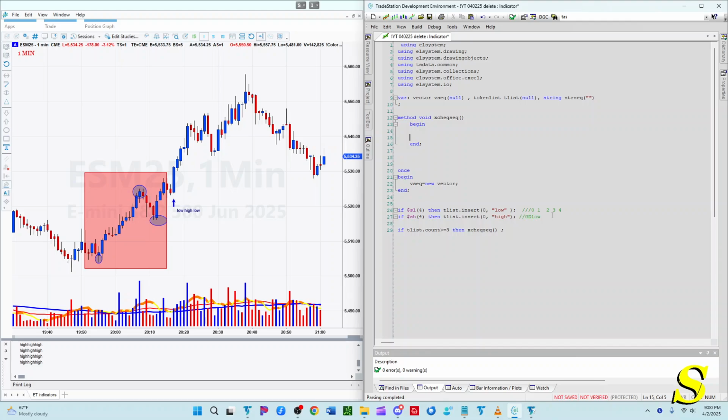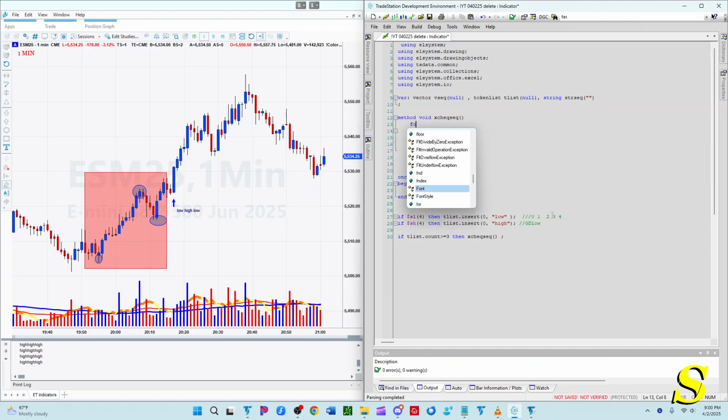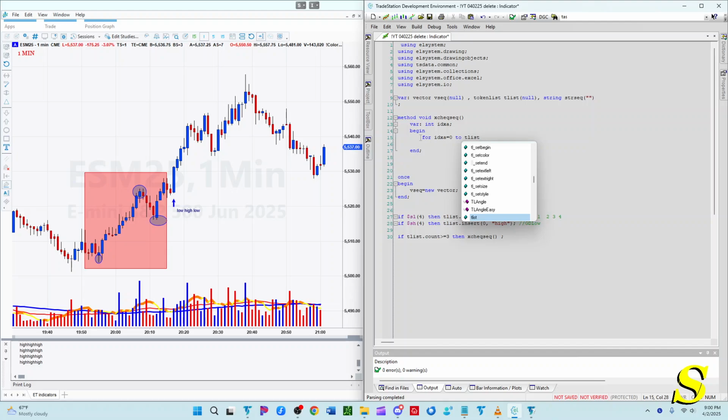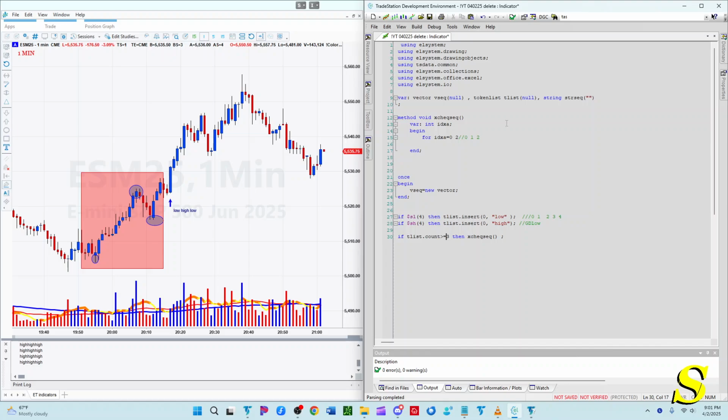All right. This is going to be a loop, which is going to require an index to sort through. So for IDX of A equals 0 to TList, we're just going to go 0 to 2. So this will be index 0, 1, and 2. So that'll be a count of 3, right? And that's why we have a count of 3 right here. Okay, so for IDX equals 0 to 2,